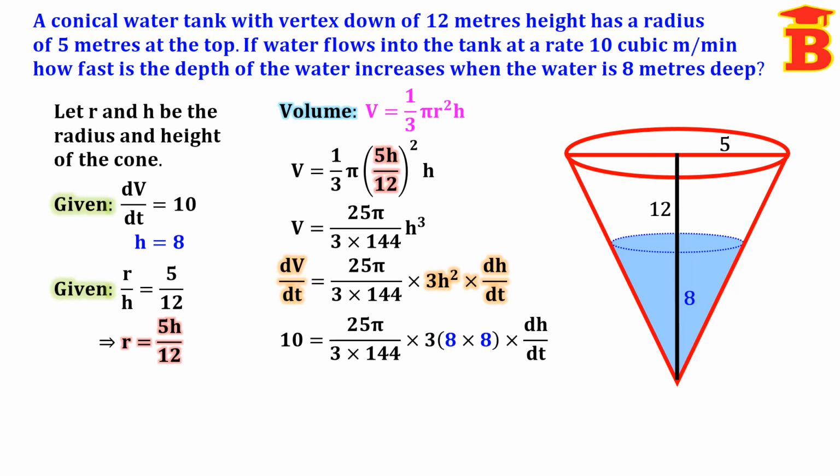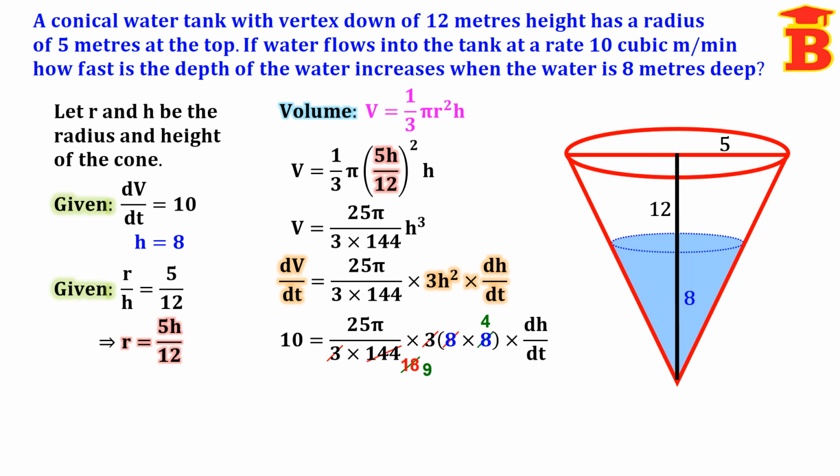Let us cancel the numbers and simplify. First we can cancel 3 and 3. Next cancel this 8 and 144. In 144, 8 goes 1 time, balance 64. 8 8s are 64. So this is 18. Next cancel this 8 and 18. Cancel by 2. So this is 4 times and 18 is 9 times.